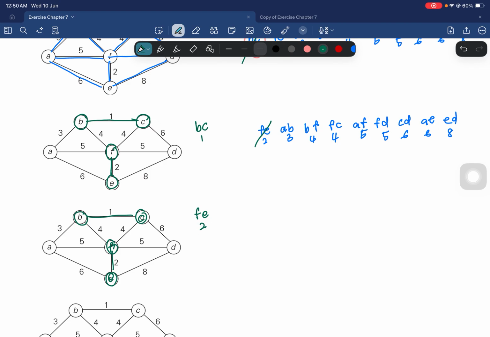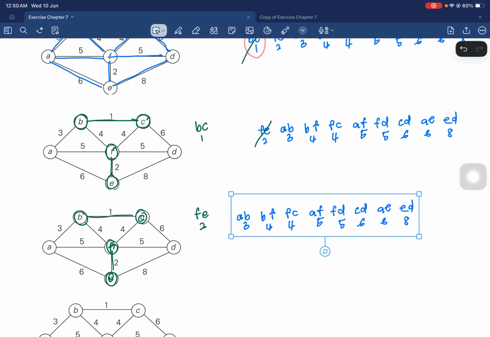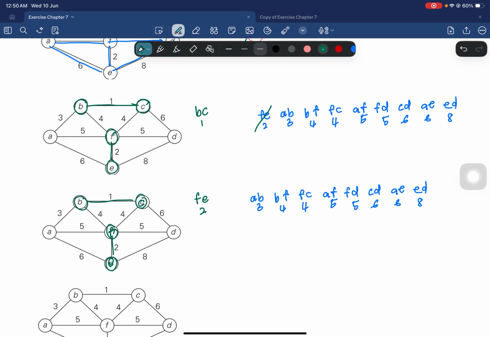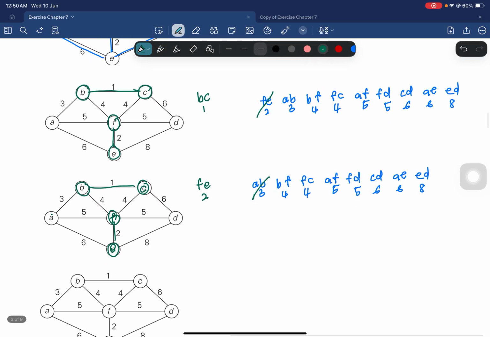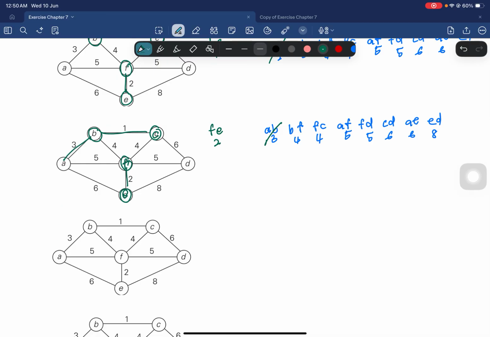Okay, next we have A and B. So we can connect this A and B. So A and B with C, and F with E. So we have AB 3. And then we have